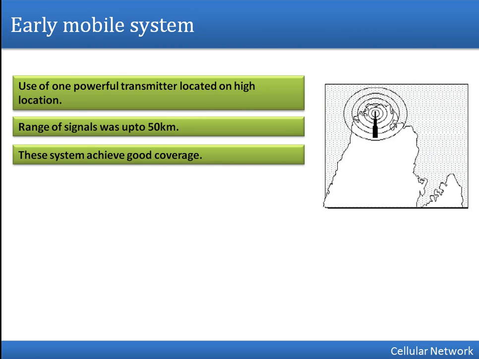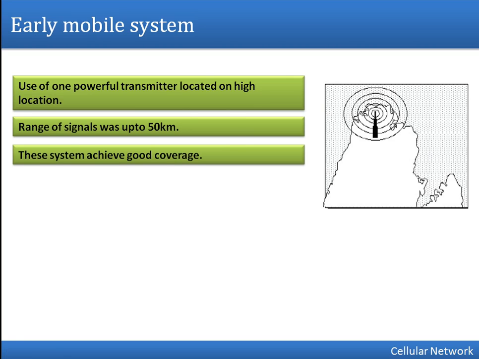But in order to cover this range, this transmitter needed a lot of power. So these are the points of this traditional approach: a single transmitter but very powerful, and only one transmitter used to